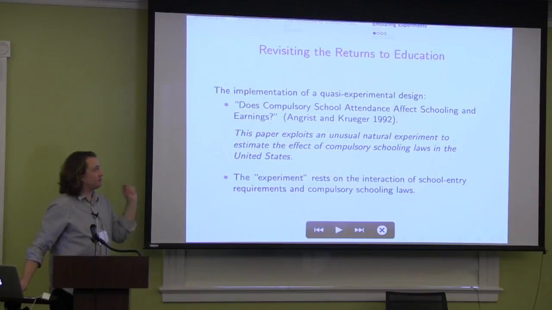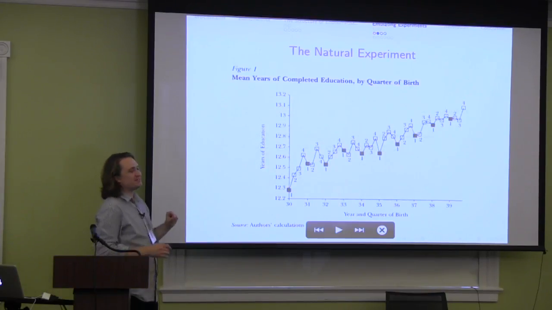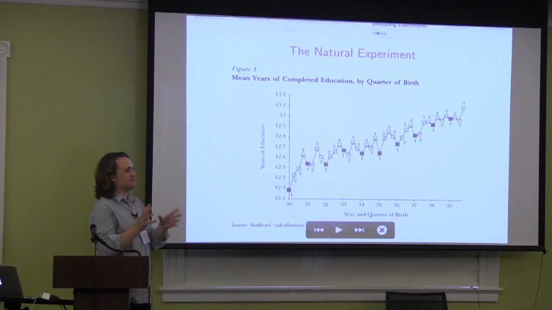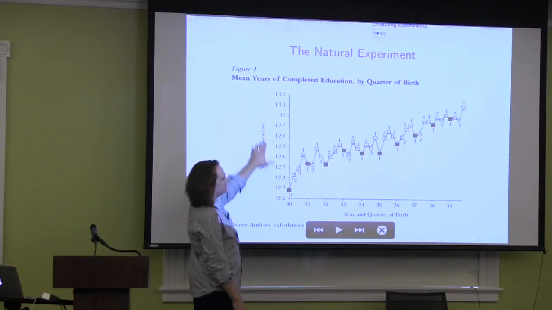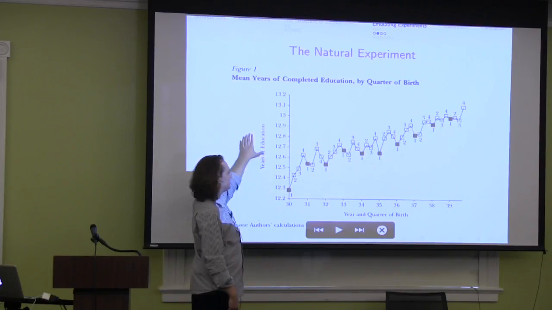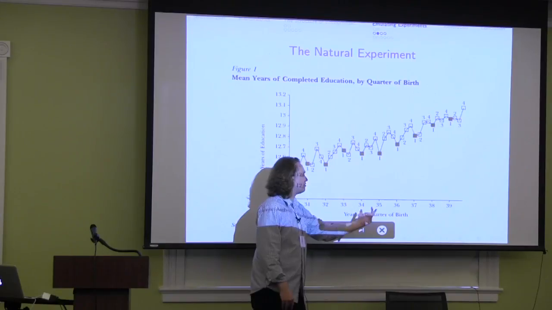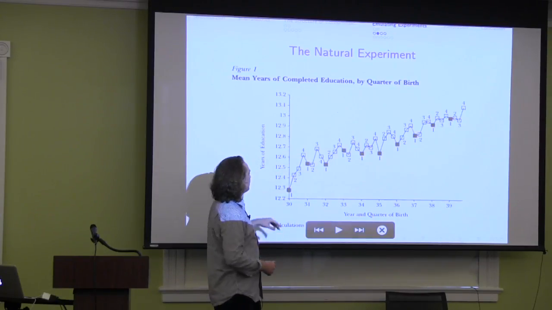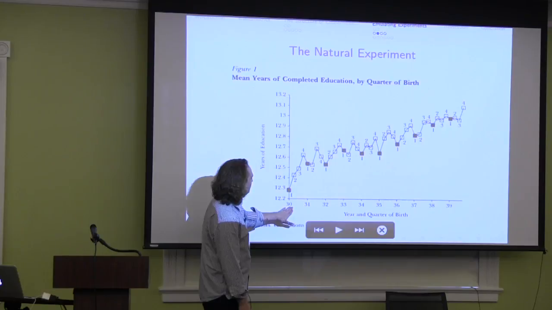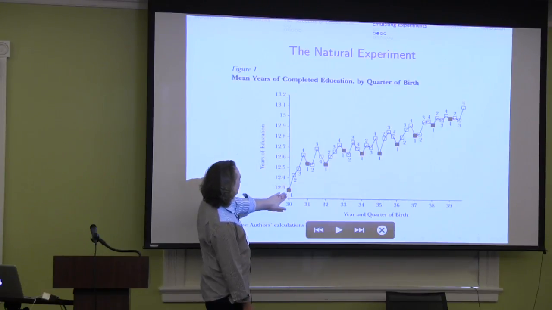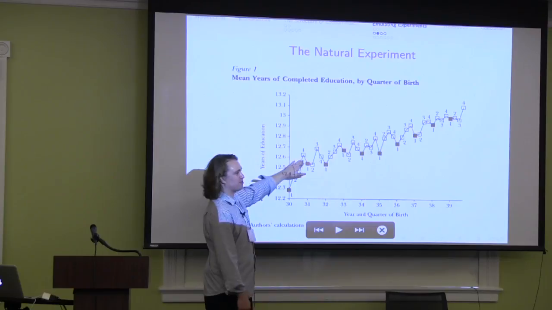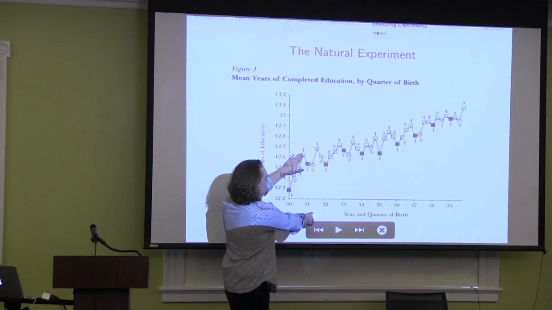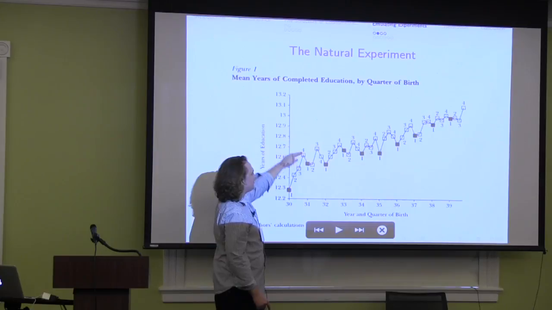And the great thing about the presentation of these methods is the images that they can produce. So this is just a fabulous graph. This is the years of education that individuals achieve, by year and quarter of birth. So these are averages over cohorts. And what you can see, so these are people born in 1930, and people born in quarter 1 have about 12.3 years of education, quarter 2 have about 12.4, quarter 3 have 12.5, and you see quarter 4 people have about 12.6. Well, we go to people born in year 1931 and quarter 1, and we get this immediate drop,